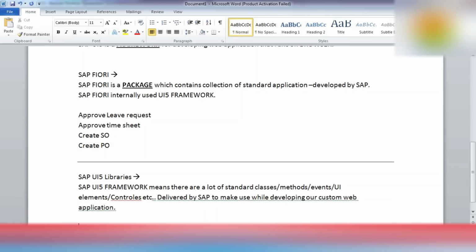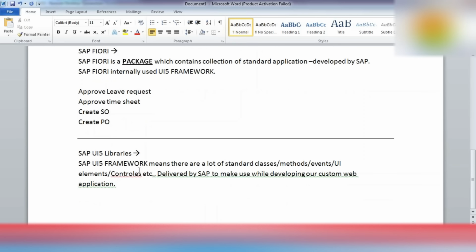So that means if we need to place some text area, or if we need to place some button on our web page, we just use the class and the particular method that will construct that text field or button, and we will call the event when we require some action upon clicking on the button or anything else.